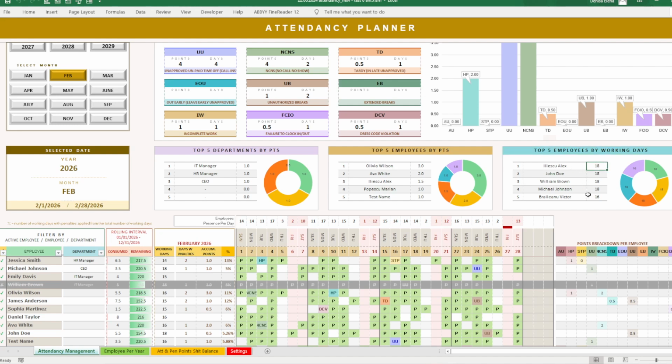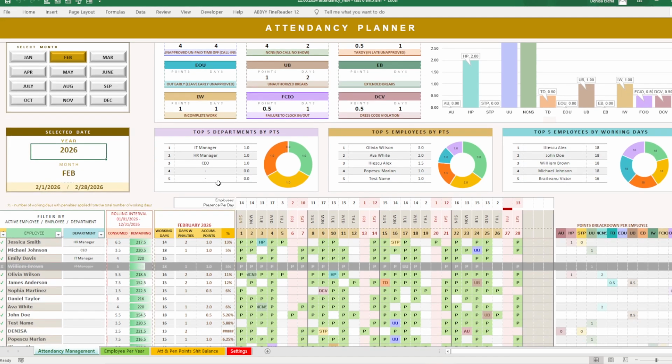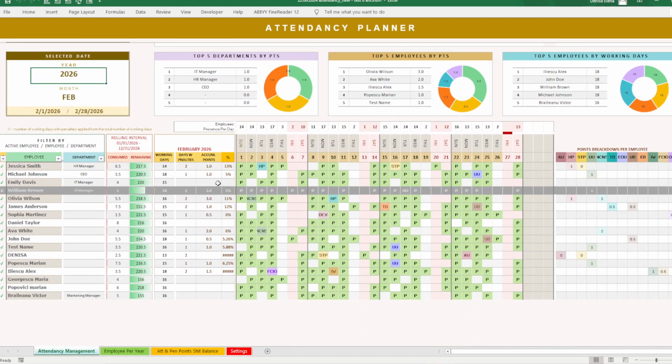So as we see here, we have 4 employees with the same number of working days, 18, for the month of February 2026. Going a bit down, we have this employee presence per day. Here we have the numeric value of how many employees are present at work for every day. For February 1st we have 40 employees, February 2nd we have 40, February 3rd we have